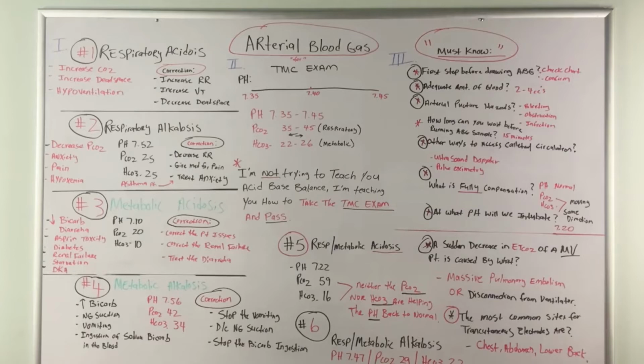Neither the PCO2 nor the bicarb are helping the pH back to normal range. So this represents a respiratory and a metabolic acidosis. And number 6, we have an example of a respiratory and metabolic alkalosis. The pH is 7.47, the PCO2 is 29, and the bicarb is 22, which represent a respiratory and a metabolic